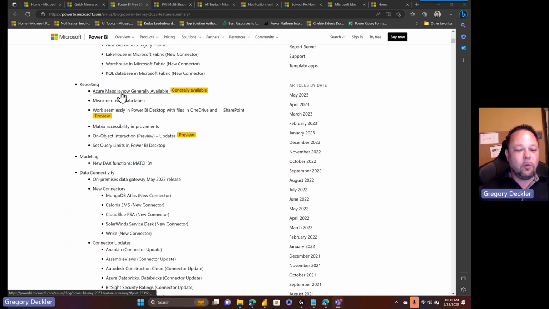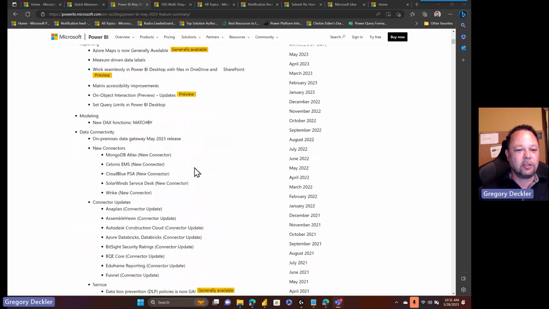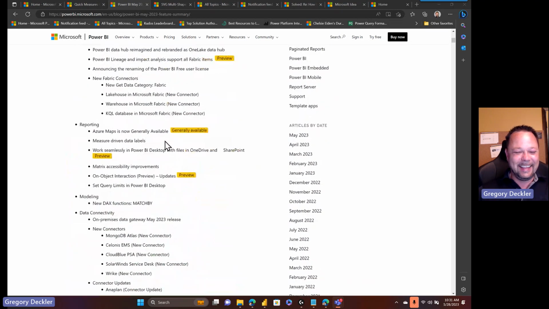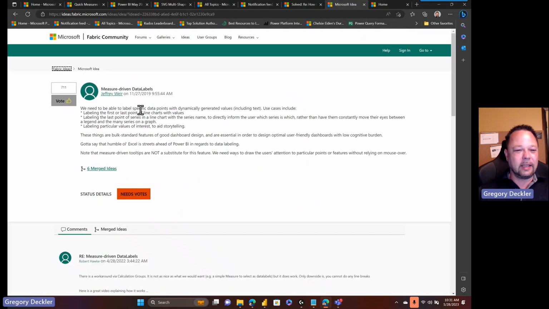Then we have more stuff that was in preview and is now GA. We got this OneDrive integration, a few other things, and then all the stuff nobody really cares about. But the one thing that caught my eye in this update was measure-driven data labels. I remember having a conversation with Jeffrey Weir, who's been promoting this idea and submitted this idea, 711 votes.